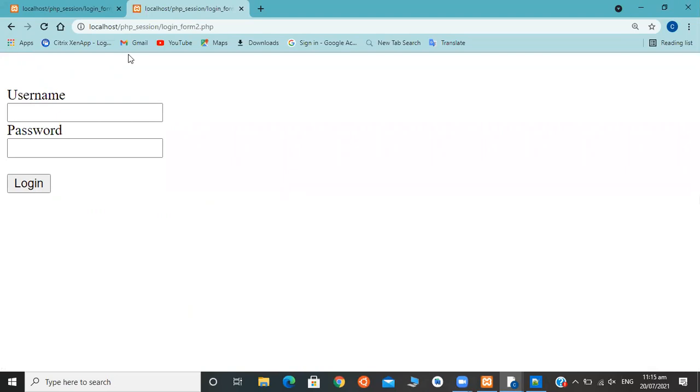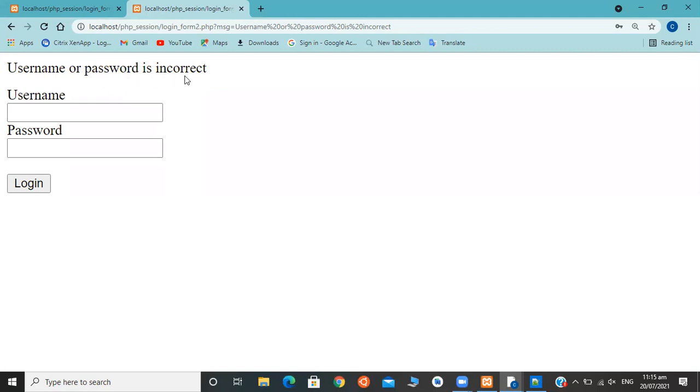So we can check here. Username is admin. I'll give anything here, meaning a wrong password, and log in. So we are getting a message in the URL, username or password is incorrect, and we have printed it in this area as a div.